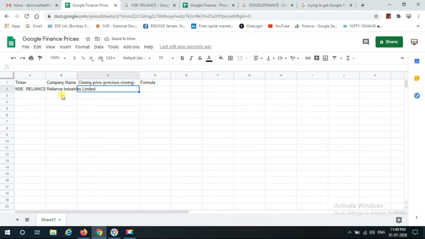So what we'll do is we'll say equal to Google Finance. You see this first tab, the first argument is always for the ticker. So the ticker is over here. Instead of typing it, I would just give a reference to this cell, and then I would say close yesterday.